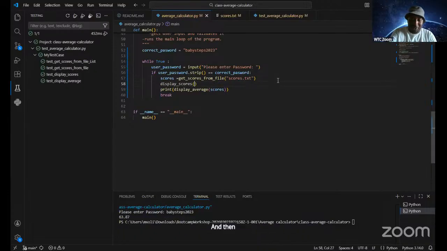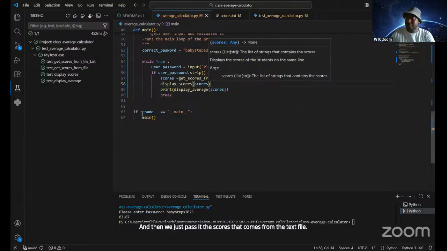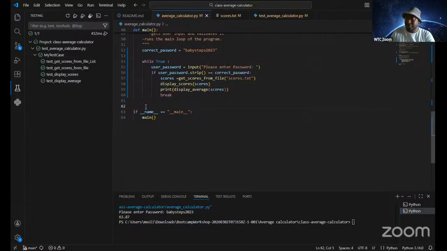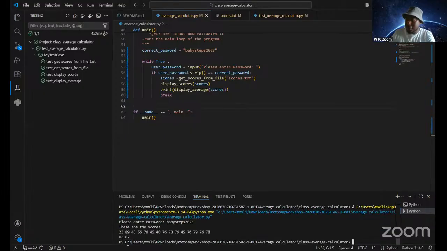And then we just pass it the scores that come from the text file. Awesome. Okay, there we go. Thank you, Mole.